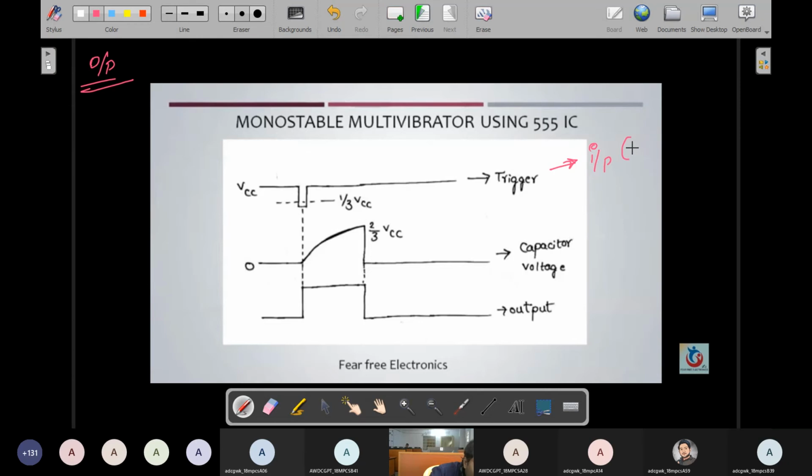That input triggering is always negative, meaning only lower values. So I will give you the trigger. First VCC is connected like that. I am comparing with 1 by 3. The dotted line indicates the level; below the dotted line I will give the lower state. That means the trigger is almost always greater than 1 by 3 VCC. In this situation, now I am applying the trigger pulse.